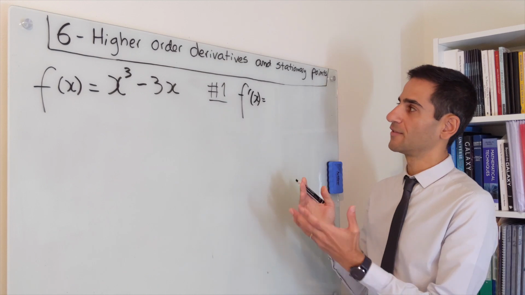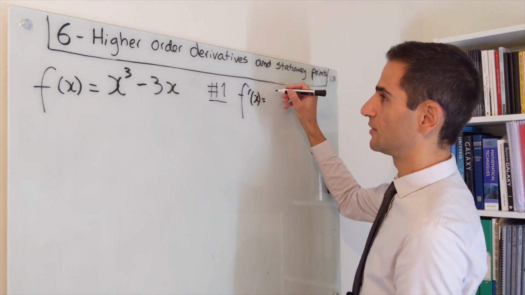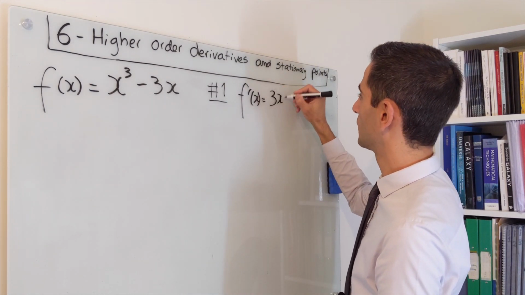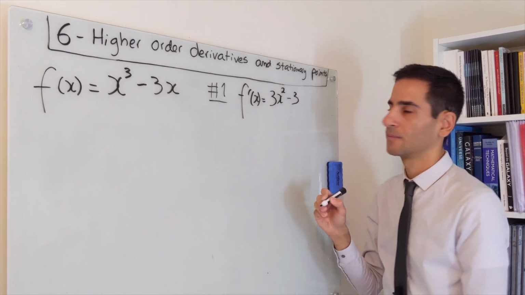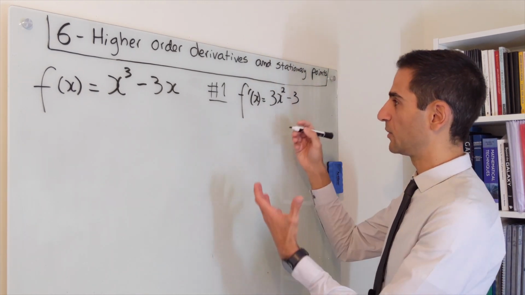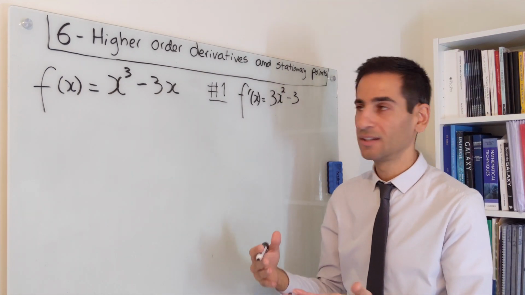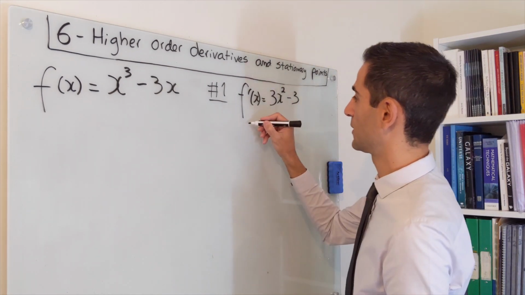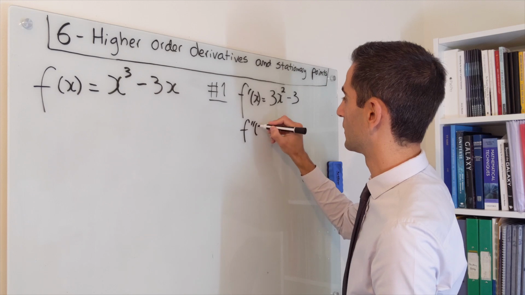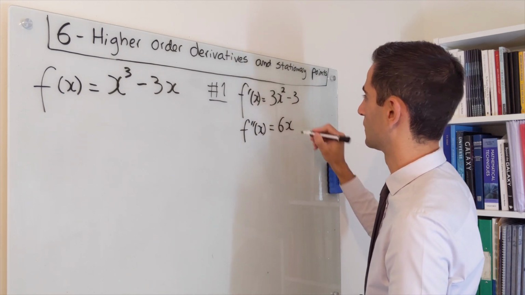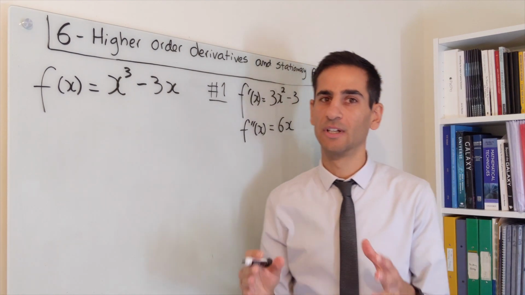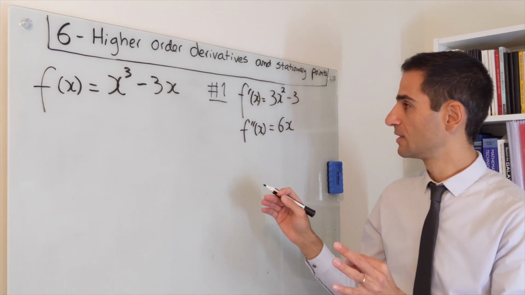Now this derivative is relatively simple. You get 3x to the power of 2 minus 3. This is the first order derivative, and we can differentiate it again. That's just the derivative of this expression. That's what second order derivative is. And in this case, you'd get 6x. This is your typical step number 1. Step number 2